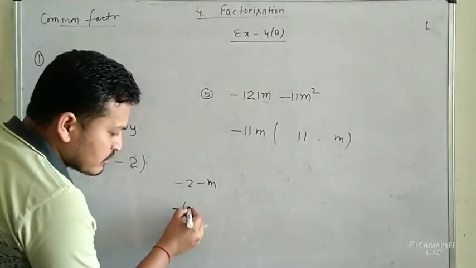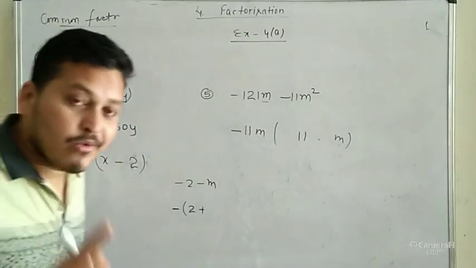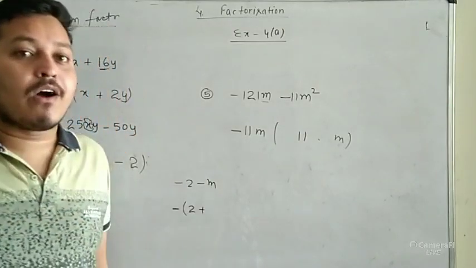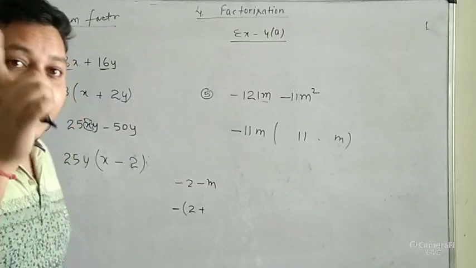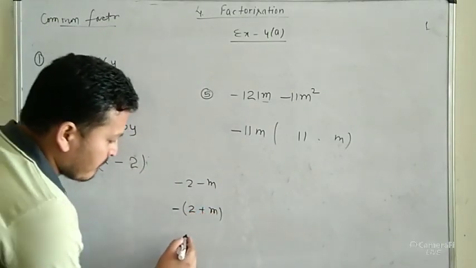what will be remaining? So this will be 2, plus opposite sign will come in the bracket. When you are taking the negative sign as a common out, the opposite sign will come inside the bracket, so plus 2m. Next, if you have given